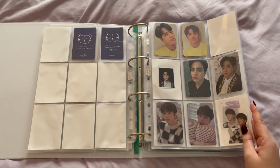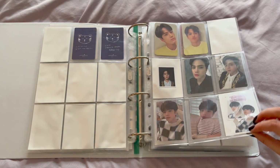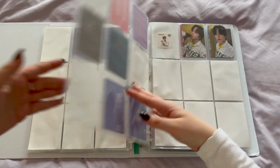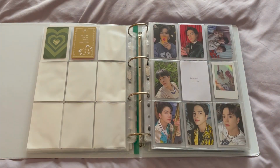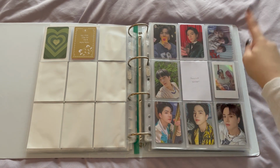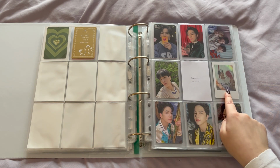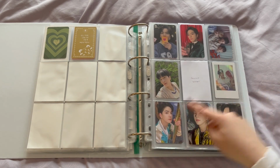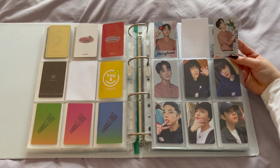And then the fan kit cards. So Gen 1, Gen 2, Gen 3, and then Gen 4, so Gen 5 is coming soon. And then these are just more merch, so Christmassy, that's actually the fan club benefit unit. Then we have more fan club benefit stuff, the Thrilling MD, then we have the Cafe